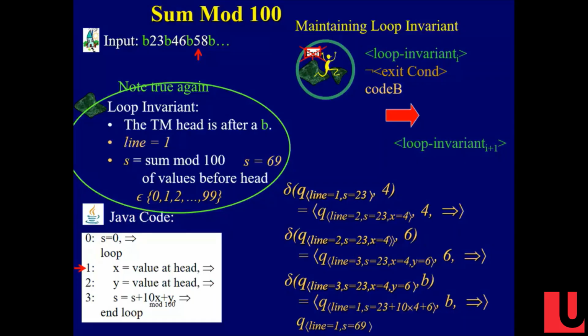Yeah. So the loop invariant says that the head is after the blank. So where do we check that back to the loop invariant? Or do we not have to check that? Well, I think maybe it's useful. Sometimes what I like to do is imagine a working example and see that it's true for that working example, and then see if it generalizes.